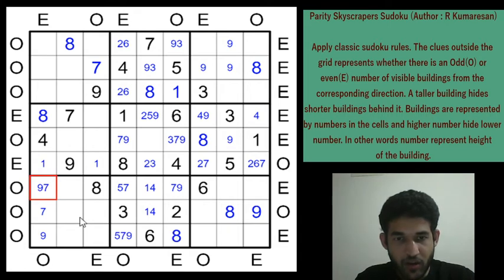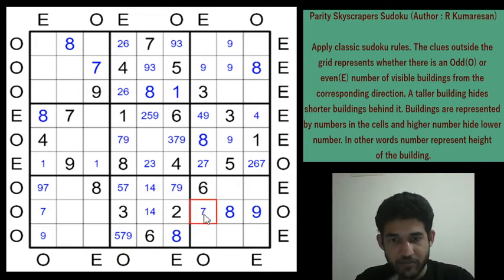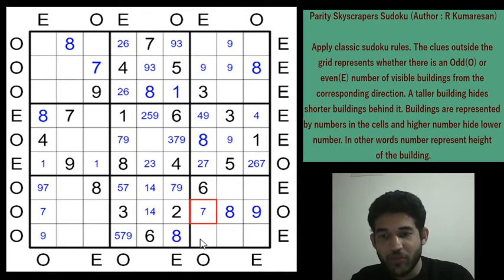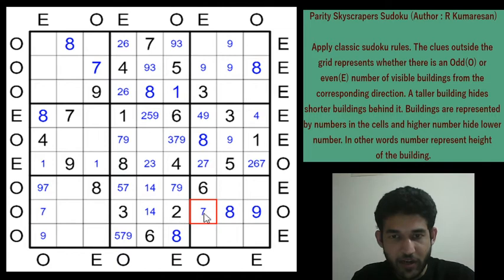So 7 along row 8, if you see, can't be in these 2 cells, can't be anywhere here and cannot be here. So can it be here? No. Can you guys see why 7 cannot be here? It's slightly difficult to see. If you have a 7 here, why I am doing this is that 7 is very restricted along row 8, so it makes sense to place the 7 along row 8.